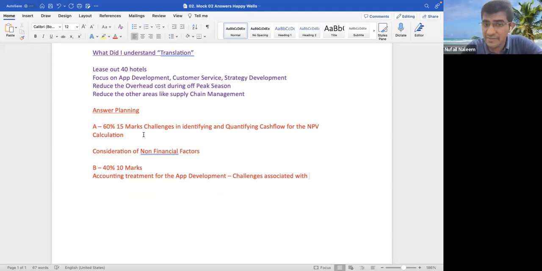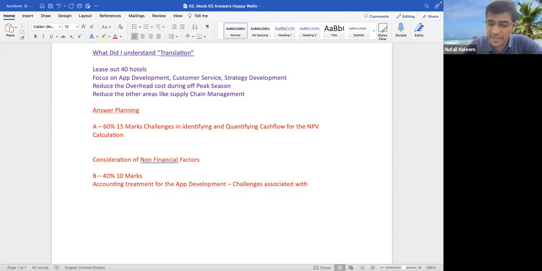Now, students, identifying the challenges and quantifying cash flow for the NPV calculation. In simple language, it is not a big difficult thing. We can start writing it on a step-by-step basis, if I'm not mistaken. Students, if you observe, 40 hotels they have given. Now, students, do we have hotels in Westland or overseas? We have hotels overseas. So the biggest challenge we will be facing is